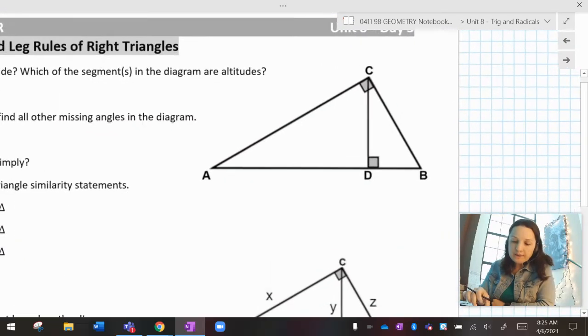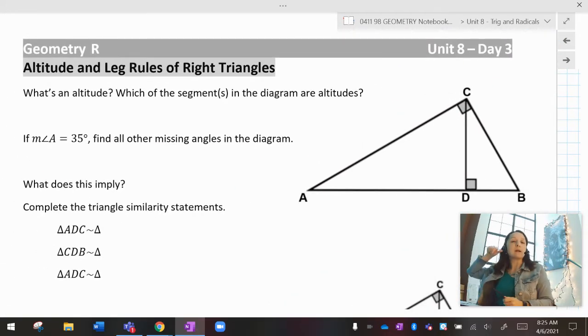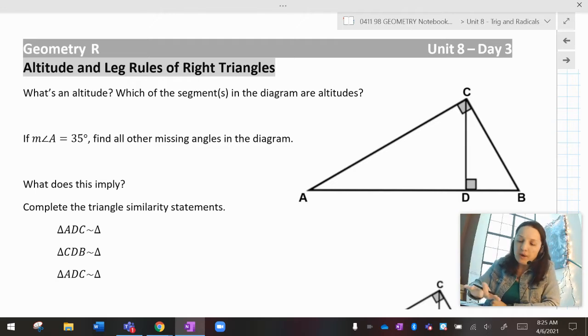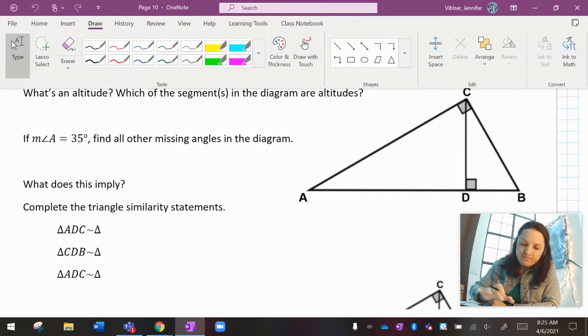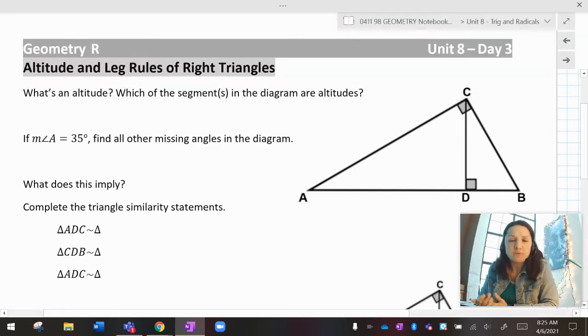Hello, geometry friends. Today we are going to work on a lesson about the altitude drawn to the hypotenuse of a right triangle, which is kind of a niche idea, but it's interesting and it develops a couple cool themes. So that's what we're going to look at today. If you find day 3 notes here, what we're going to look at is first,